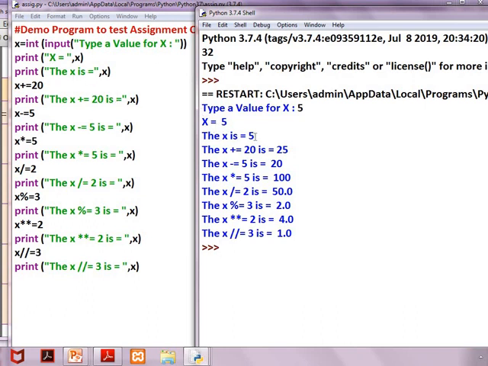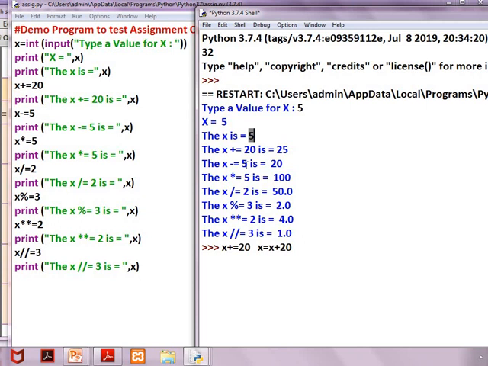Next x plus equal 20. What is the meaning? x equal to x plus 20. Then what is the value of x? It is 5. So 20 plus 5, x value is 25. Understood? Now the x value is 25.